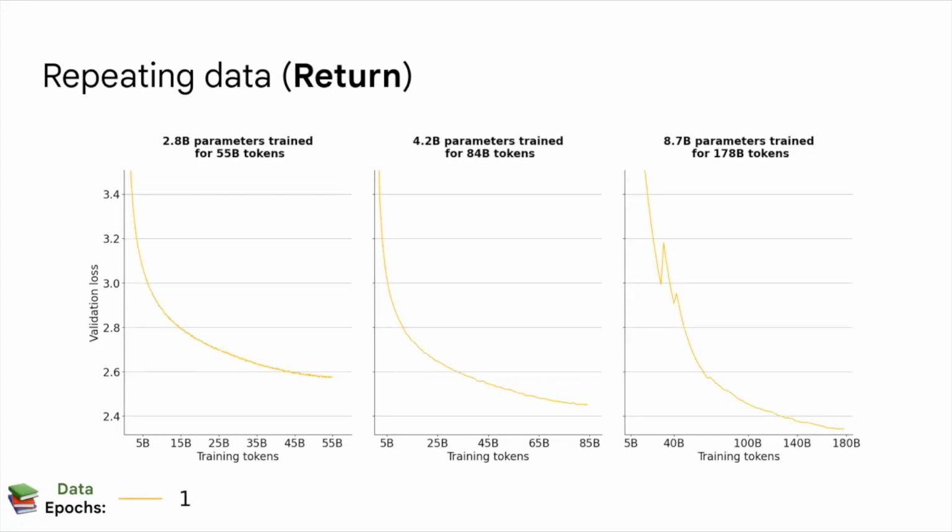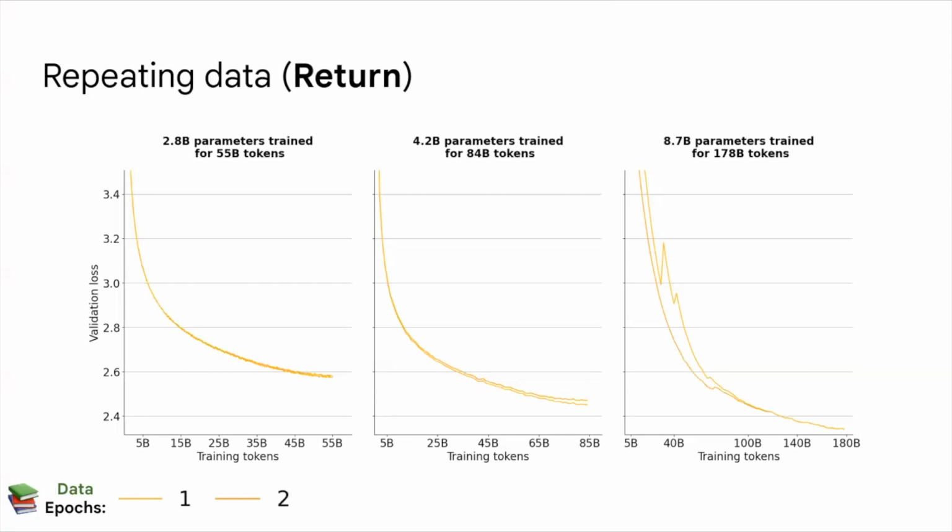Nothing special here. For the largest one, the 8.7 billion one, of course, the loss finishes the lowest because it has the most compute allocated to it. And yeah, nothing too surprising. But then when we add the second model, surprisingly, it looks roughly the same. So this model has only half of the available unique data. For the first configuration, it's 28 billion tokens repeated twice. However, it does seem like it performs roughly the same, just as well.